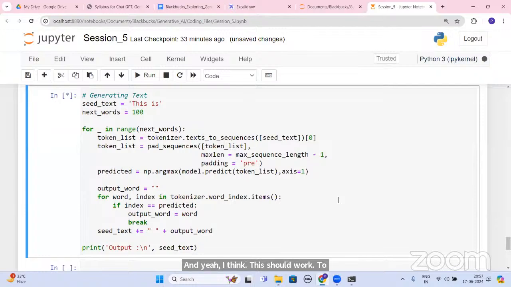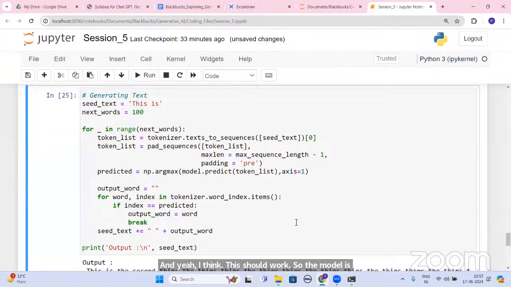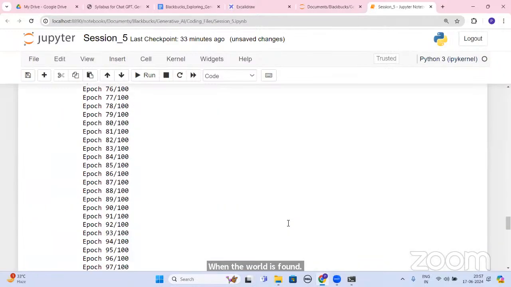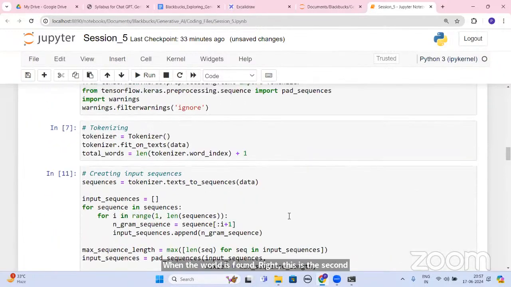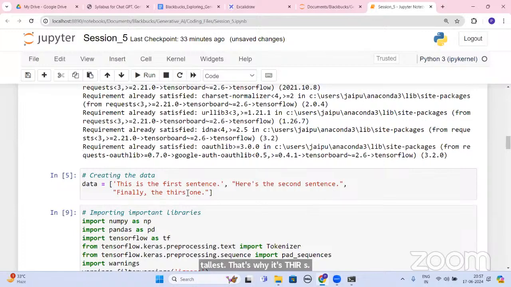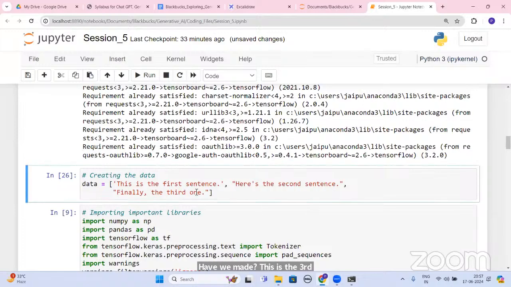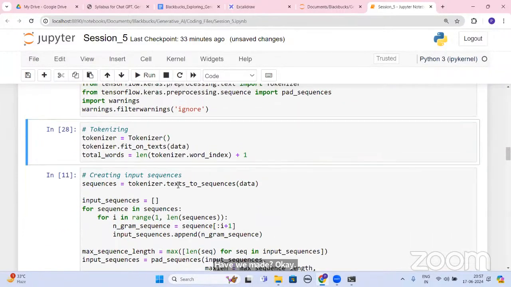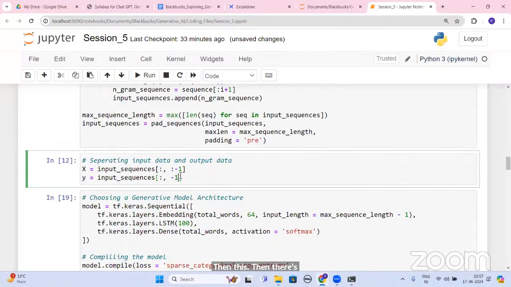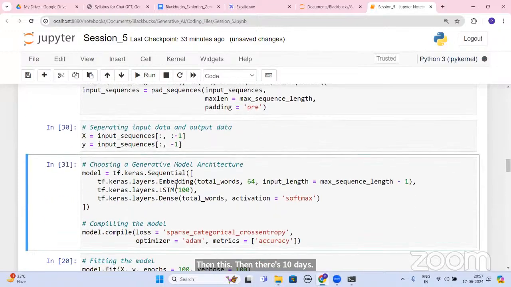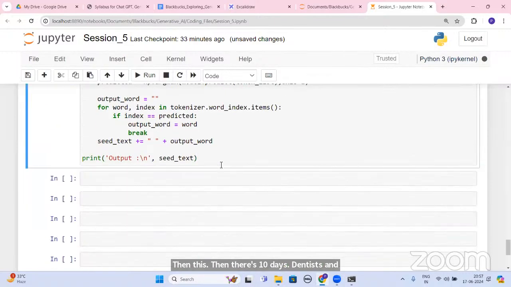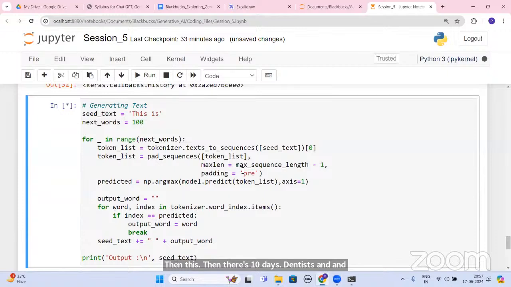So the model is trying its level best to find out the words. When the word is found, this is the second, this is the third one. Okay. Then this, then this, then the LSTM model, then fitting, and then finally getting it.